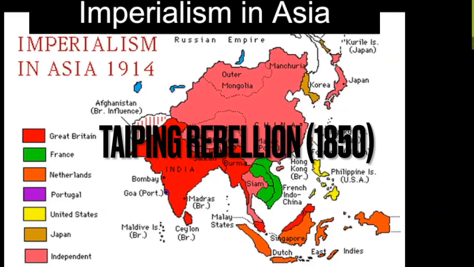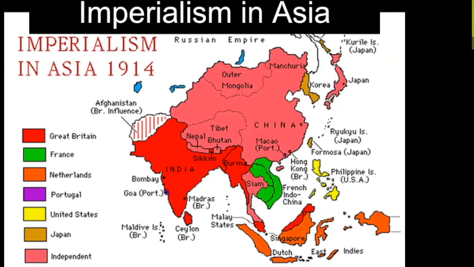This is a rebellion against the Qing dynasty because they're angry with the Qing dynasty for trading with the Europeans. So this is the idea that, again, the Qing dynasty has lost the mandate of heaven. Now, the Europeans are going to support the Qing dynasty in this revolt because they've already established control over China. So they don't want a new government to rule over China. They want the Qing dynasty to rule because they've already established connections with them. And so Europe is going to get involved and help to put down the rebellion. But basically, the Qing dynasty is toothless because they rely on those foreign powers in order to maintain control.